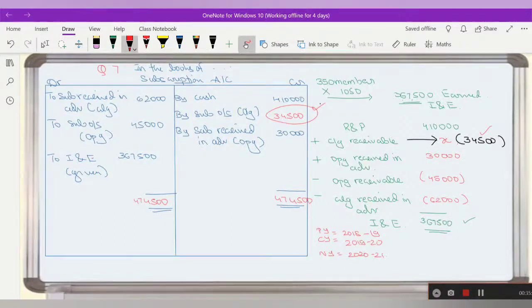We have to see how to prepare this income and expenditure account and balance sheet with the help of the receipts and payment account given in the question. These kind of questions will be asked for 10 to 12 marks in your examination. These are very important questions. Till now whatever questions we have solved, these are all the basic sums only. Based on this we have to go for the big sums. So the remaining sums we will cover in the next lecture.